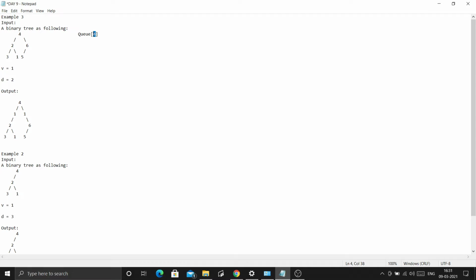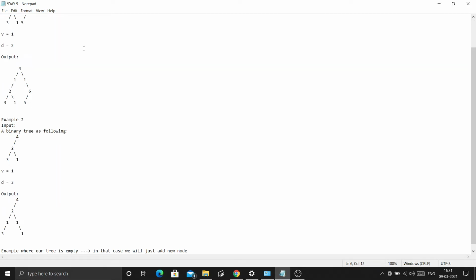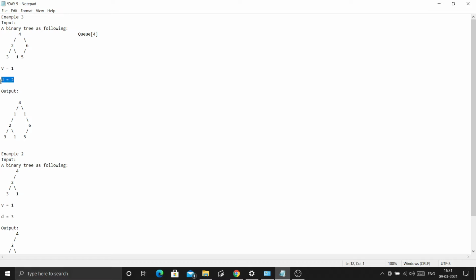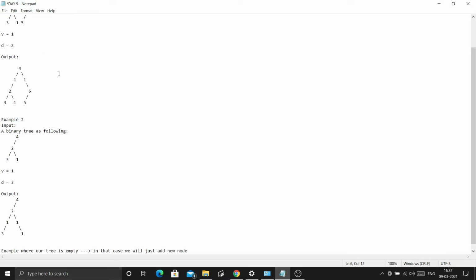So if the queue is found at this level, then I will iterate over this queue and check whether it is null or not, and store it as usual. Okay, this is pretty simple because d equals 2 is given, and we will insert in the left and the right, and again we will connect left subtree and right subtree as well. Let's see this example. If my queue is initially 4, then I will insert 2.